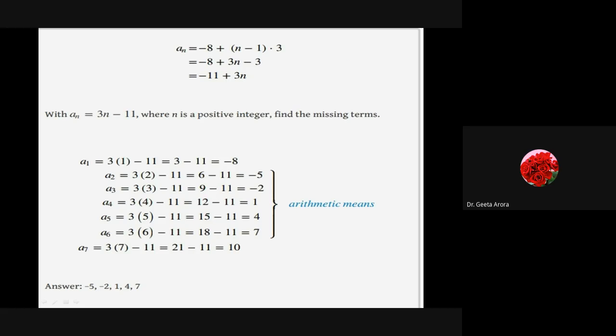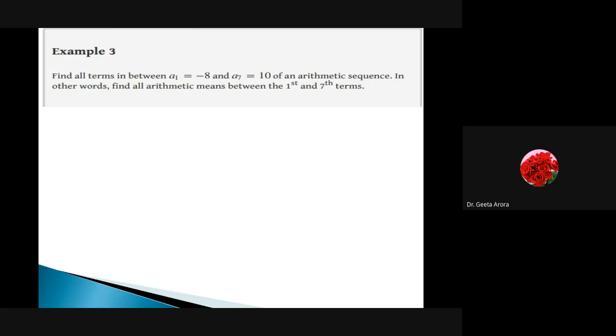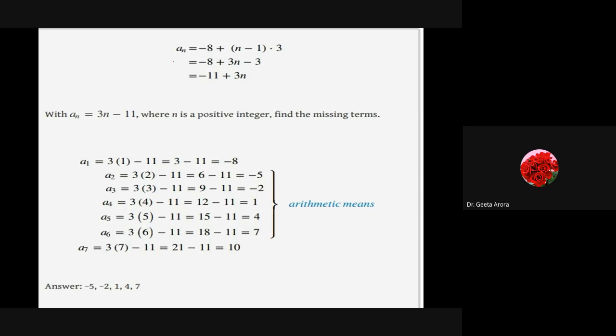Let's see. The first thing to be taken care of is that we have been provided with A1, the first value, the initial value, and with A7. A7 is an in-between value, and we are looking for all the middle values from A2 to A6. So we can use the formula that An is equal to A1 plus n minus 1 of D, correct?